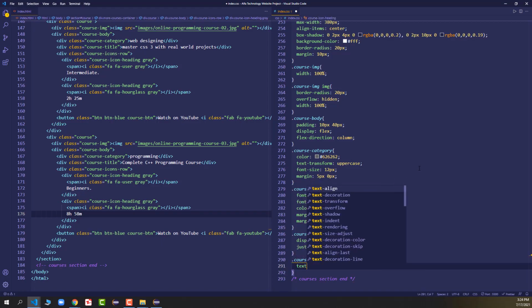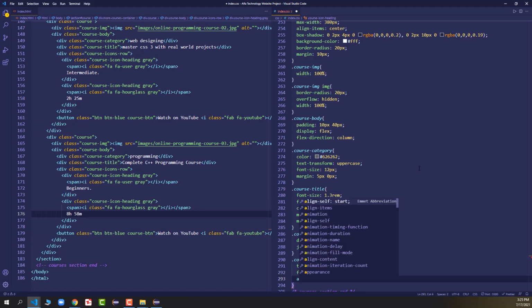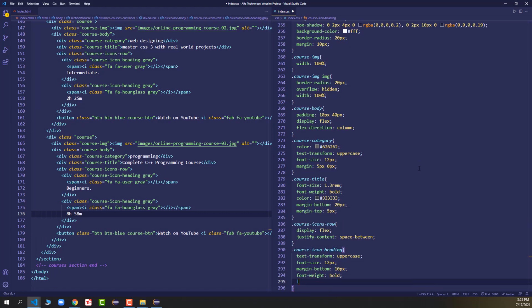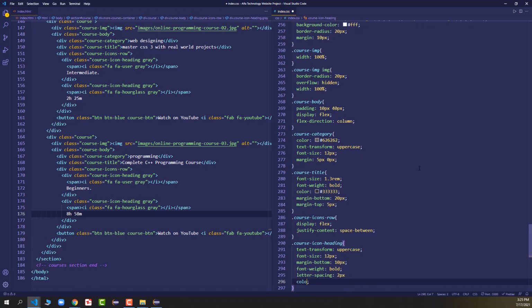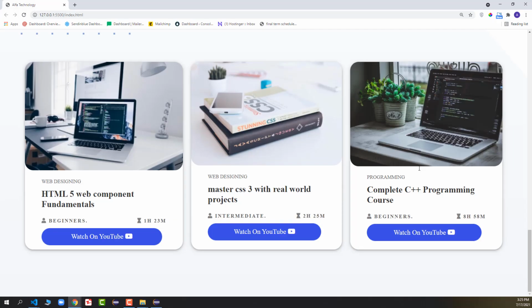In the heading we'll say text-transform uppercase, font-size 12 pixel, margin-bottom 10 pixel, font-weight bold, letter-spacing 2 pixel, and finally color is #626262. Now you can see we got a beautiful course section as well.